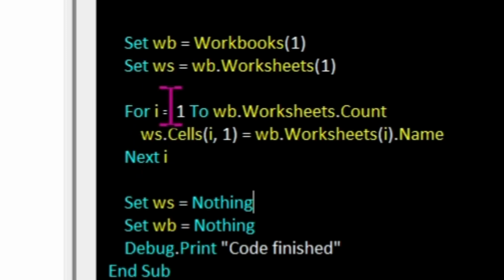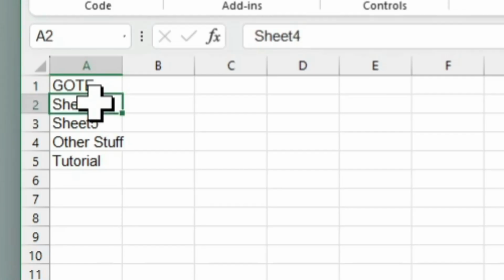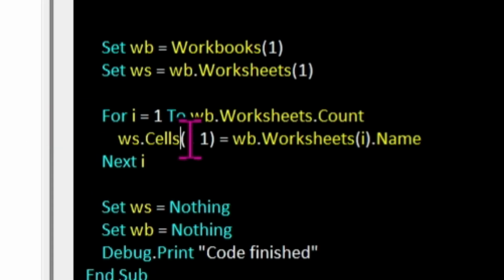So now we're at 2. So anytime you see I, replace it with 2. Worksheet.cells 2, 1, which cells is a little weird. You're used to probably seeing A1 when you use formula. Well, it works in reverse in VBA for when you use cells. So you could do cells I, which I think of as Y and X. So I is your row, 1 is your column. So now we're at coordinates 2, 1. So worksheet cells 2, 1 equals